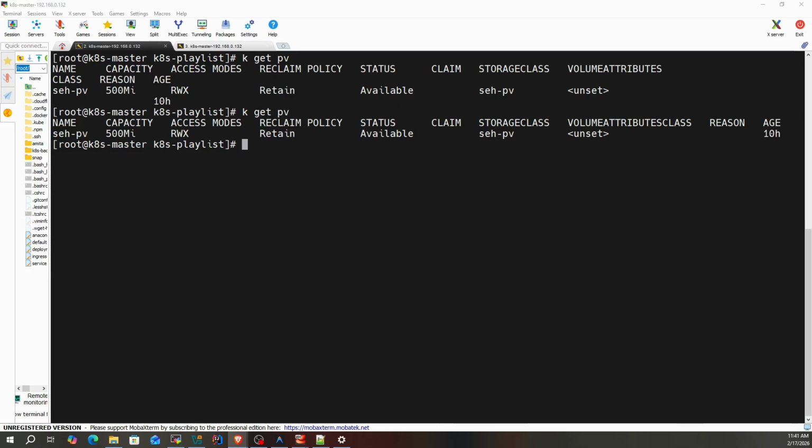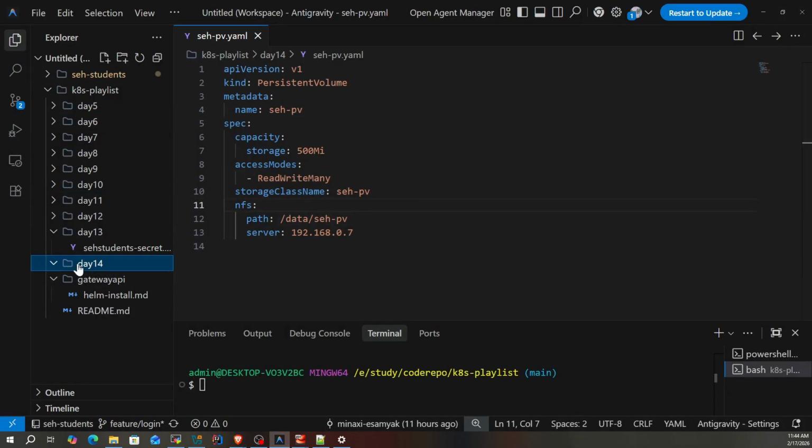Because remember, a pod cannot directly use a persistent volume. Instead, it requests storage using a persistent volume claim, and Kubernetes connects that persistent volume claim to a matching persistent volume. A persistent volume claim is actually very simple to define. So in the IDE, under the day 14 folder,